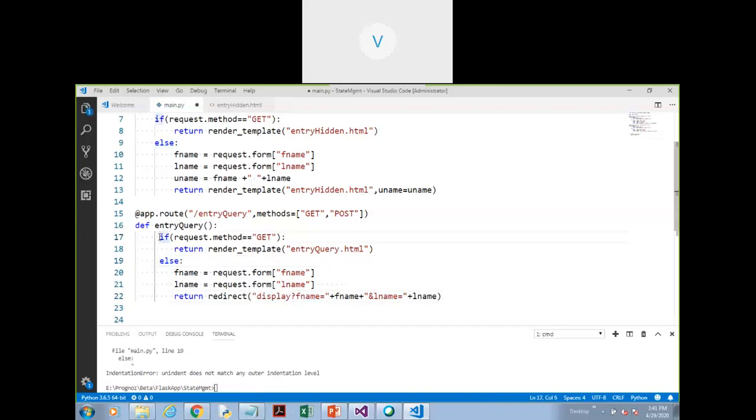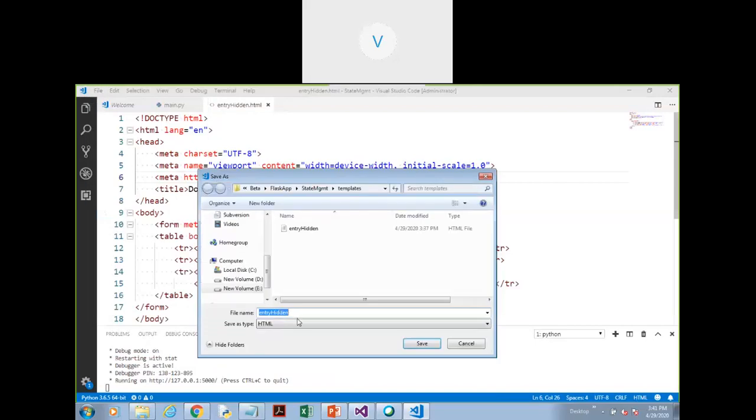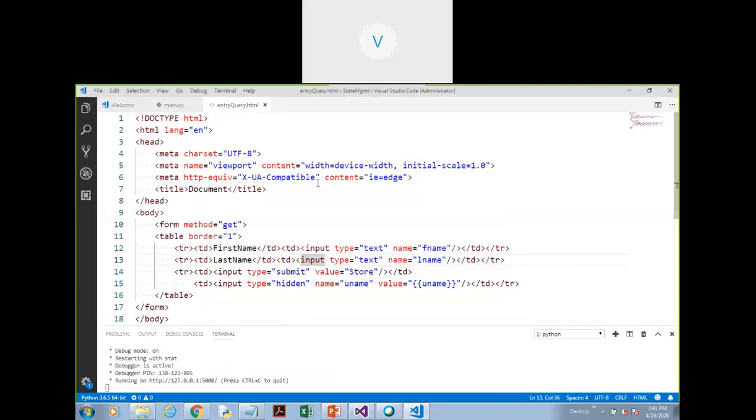Now I need to create this page, that is the entry query page. So let me save this. That's all, and let me use the method as post because I just want to collect that information.